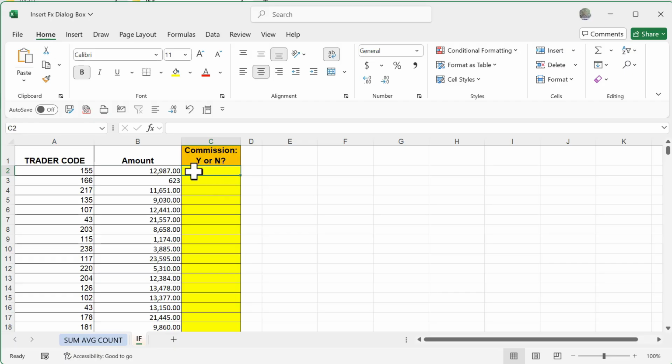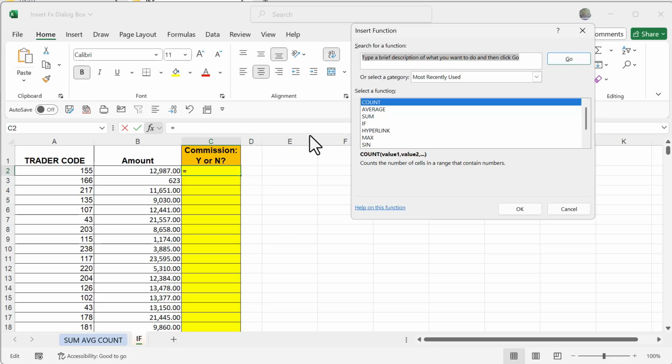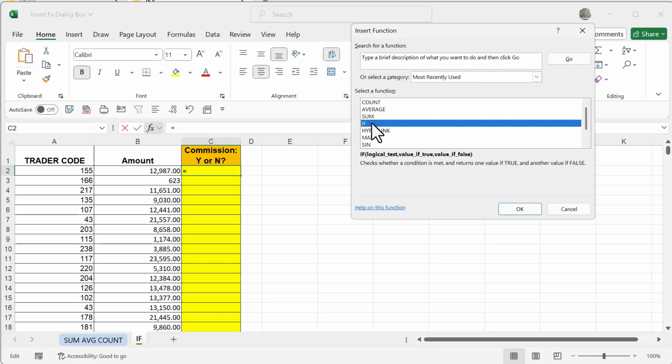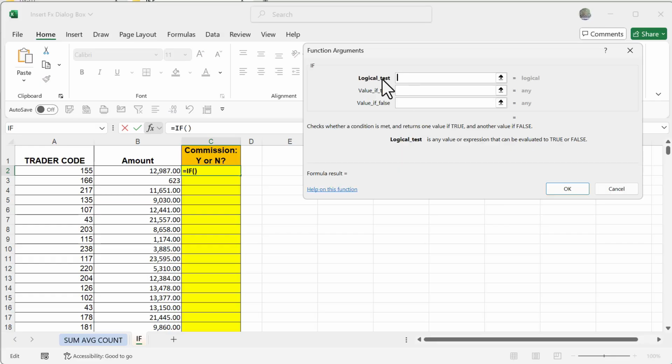So I'm just going to very simply just choose this empty cell, go back to FX, and now you can see here is if. But if I wanted to, I can very easily type out if in here or go to the category where it lives, which is going to be logical. But I'm going to go ahead and just go to if, click OK. And now it's going to allow me to then say, what's my logical test? Well, I'm going to say if this number, and all I did was click on it, is greater than 10,000,